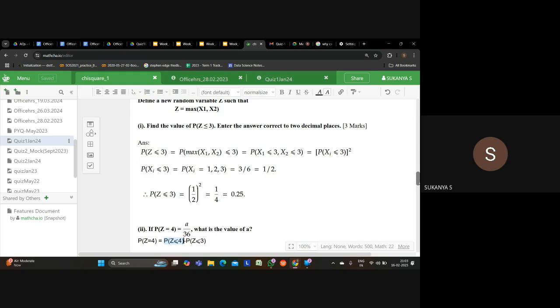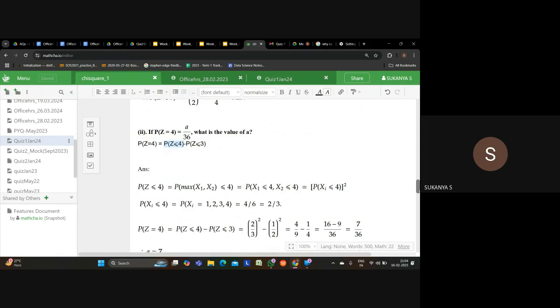What is the probability of z less than or equal to 4? If somebody is still solving. What is the probability of z less than or equal to 4? 2/3. Yeah, it's 4 by 6, you get 2 by 3. So it is 2 by 3